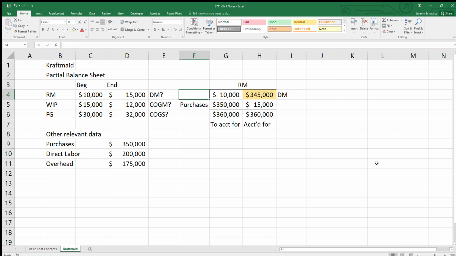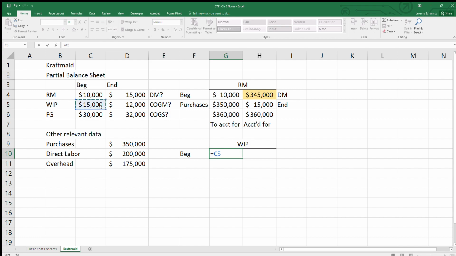Now I suppose we could make sure that we label these correctly, with our beginning and our ending here. So now this 345 is what will then be needed to move into our work in process account. And I'm going through these steps fairly slowly here, but I just want to make sure that we understand